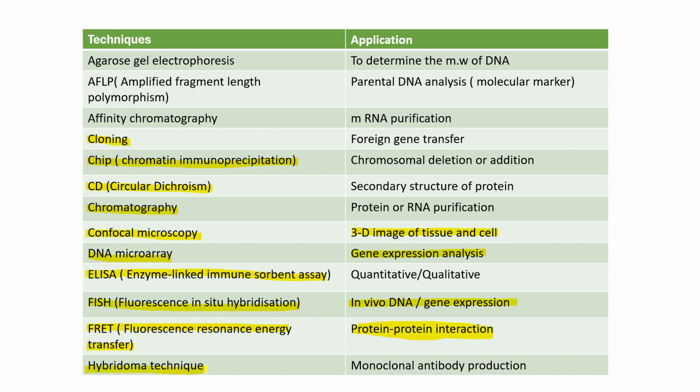Then the hybridoma technique. What is hybridoma? It is for monoclonal antibody production. Okay. For what? For monoclonal antibody production. Then, first of all, we know about agarose electrophoresis for determining the molecular weight. Then AFLP for parental DNA analysis. Then affinity chromatography for mRNA purification. Then cloning for foreign gene transfer. Cloning, or we can call it